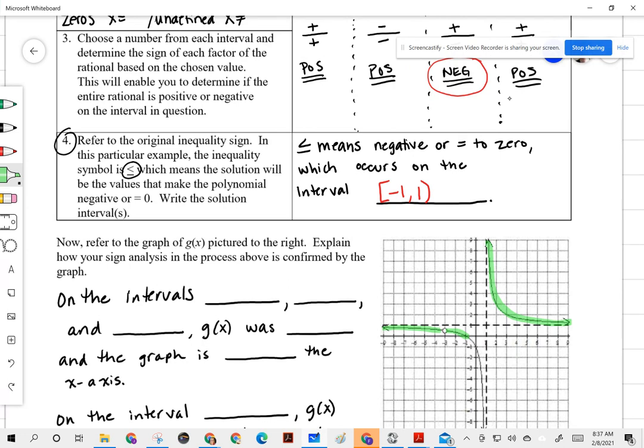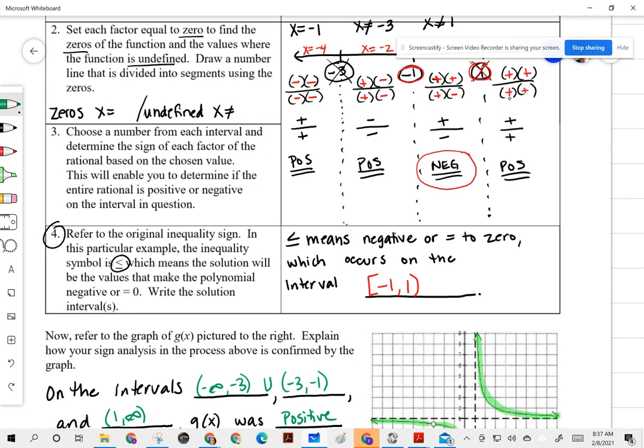So it's where it's positive. So it says here on the intervals from, here we go, -infinity to -3. And then we could do our union. We got -3 to -1. And from 1 to infinity, g of x was positive,